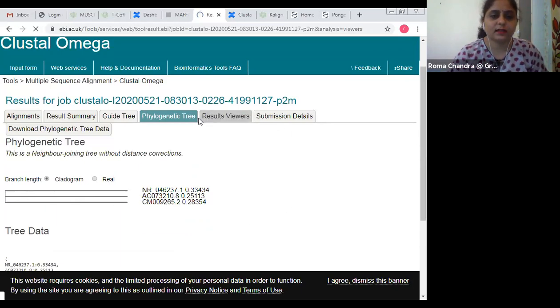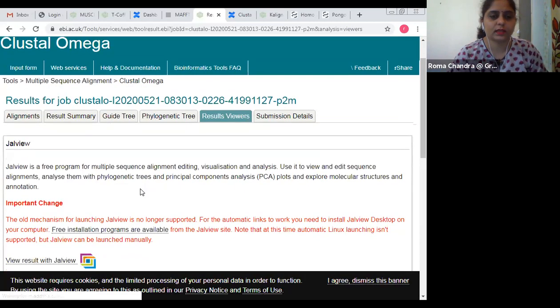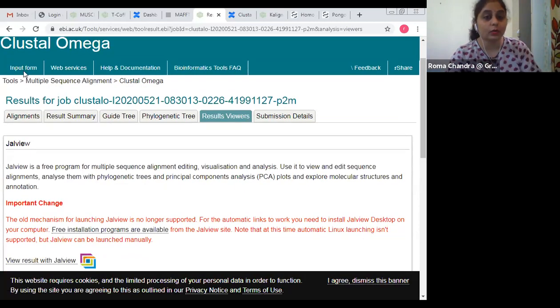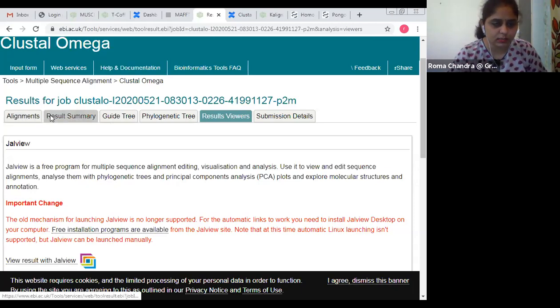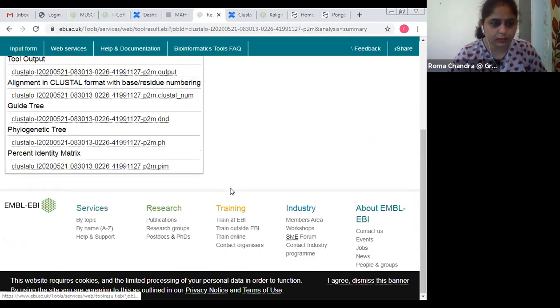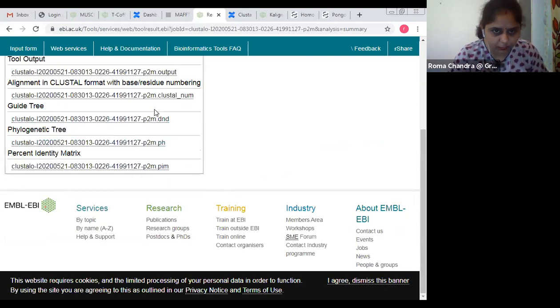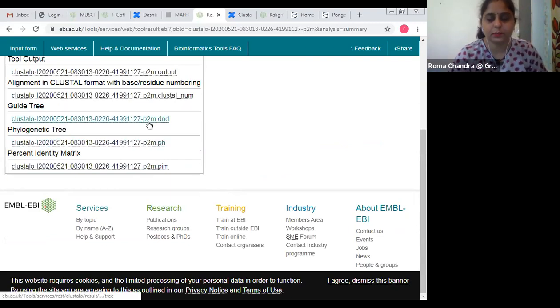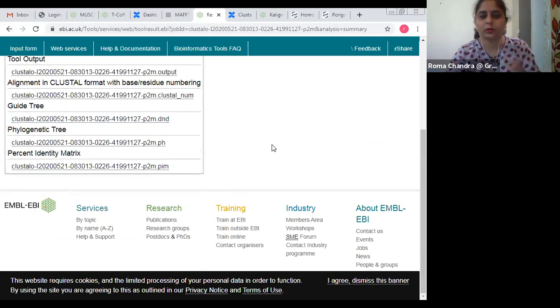If you want to view the results, you can download them. This was the result summary I got from here. I want to download my tree, the dendrogram, the guide tree. The moment I download it, it will be downloaded on my laptop. But if I want to view the tree, I won't be able to.